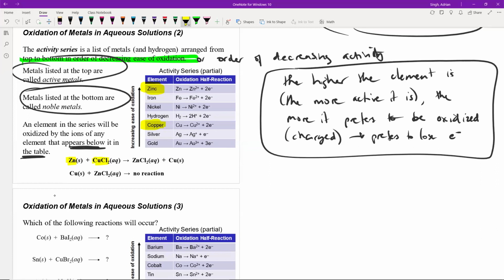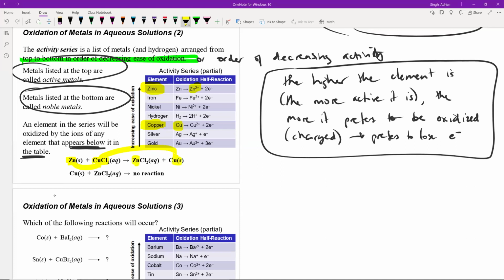The zinc will prefer to be in the oxidized state, whereas in comparison, copper will prefer to be in the reduced state. And as a result, the zinc is actually able to come in and kick that copper out as copper metal, so it reduces the copper, and as a result, the zinc oxidizes, goes from Zn0 to Zn with a charge